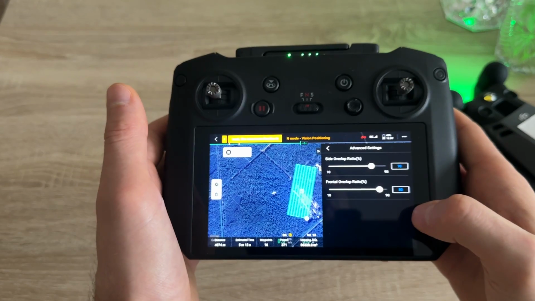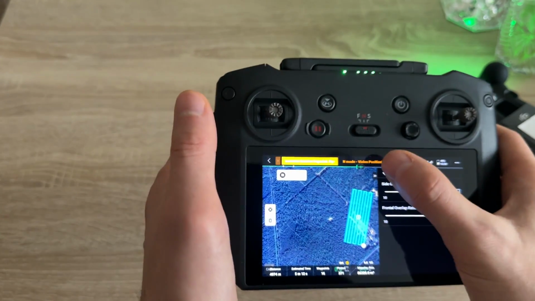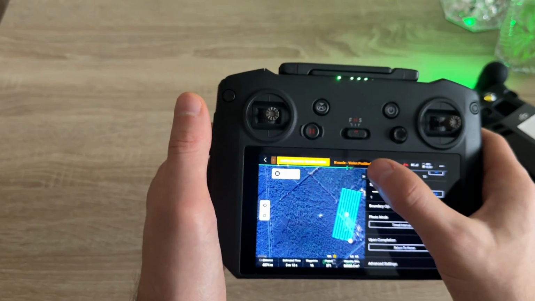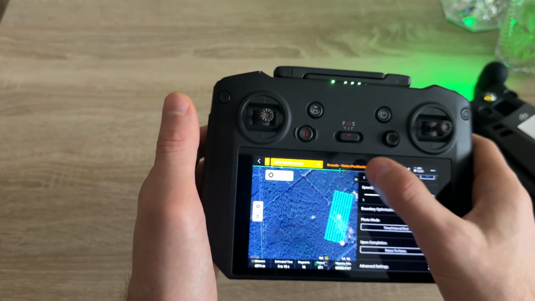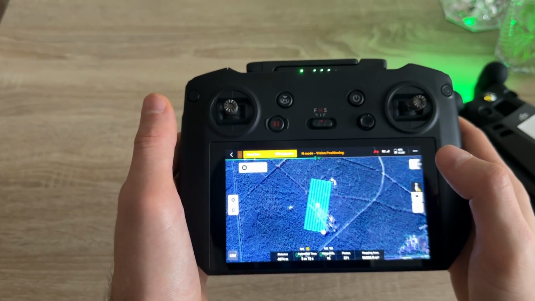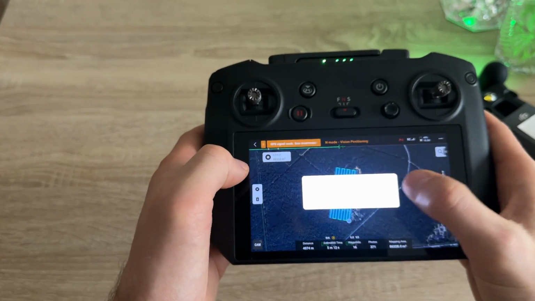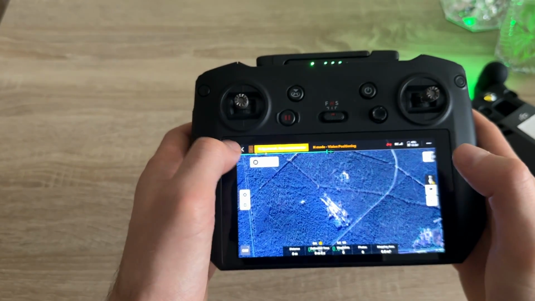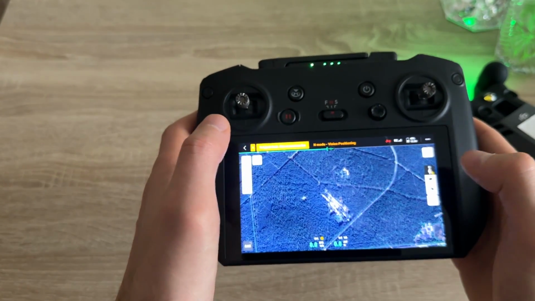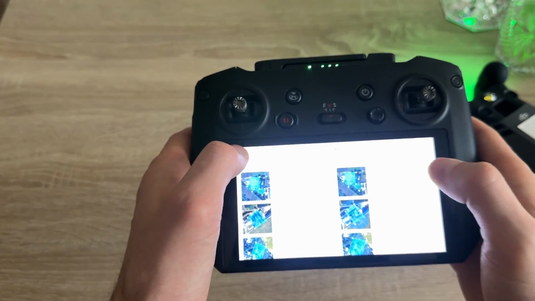So all the settings are practically the same as usual route mission planning, mapping plan. So I won't save this, and let's quickly